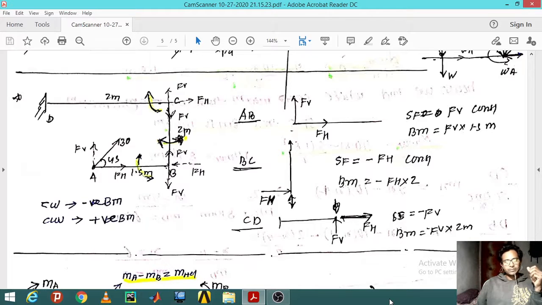So here there is a force of 30 Newton which is applied at a 40-degree angle from the bottom lever. The lever goes from A to B, B to C, C to D. C to D is the point where it is a cantilever beam, and then another from B to C and C to A. So B to C is a vertical link, and A to C is a horizontal link.